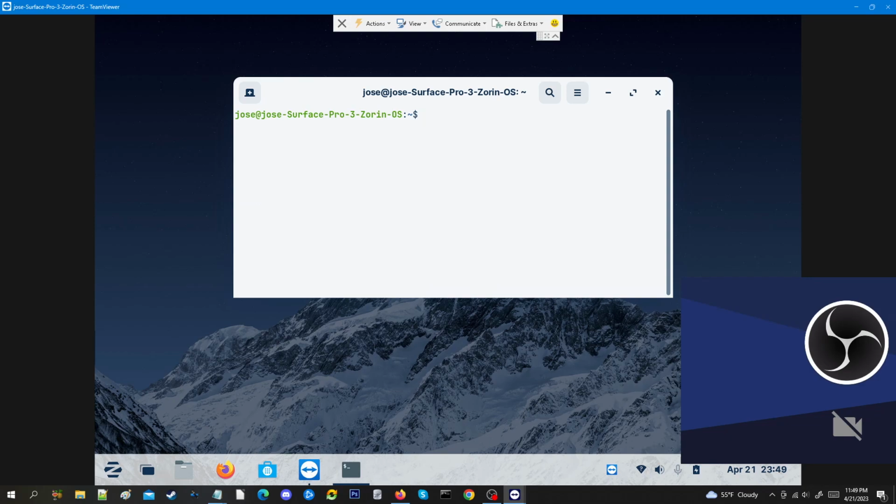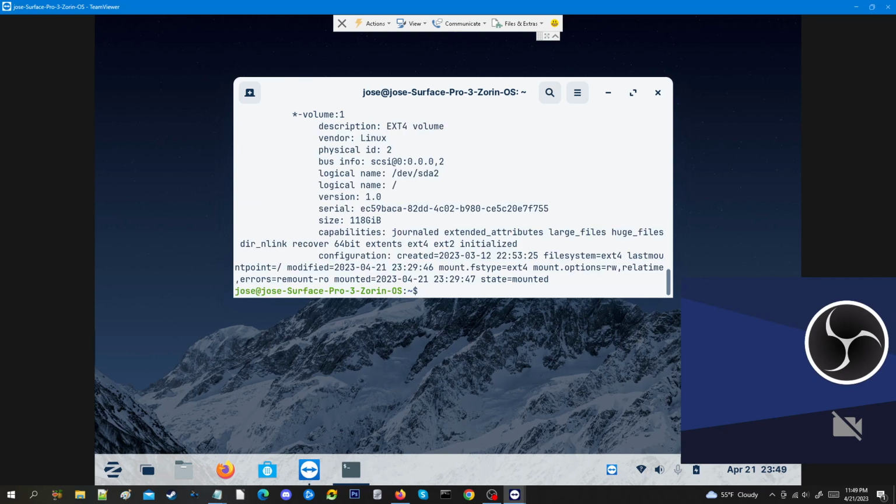I believe you have to do sudo lshw, Linux system hardware, and see what this gives us. Okay, this is a little bit better. It gives me the volume, operating system vendor. Okay, there's an ID, electrical name of the hard disk, serial numbers. That's interesting. Size of the hard disk,